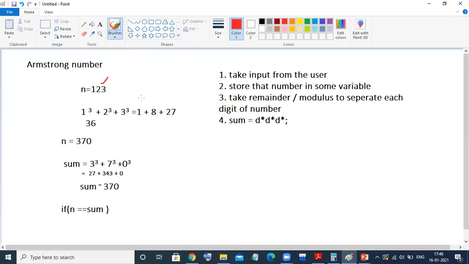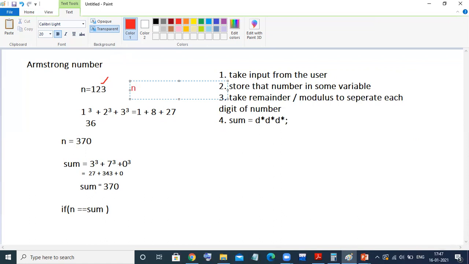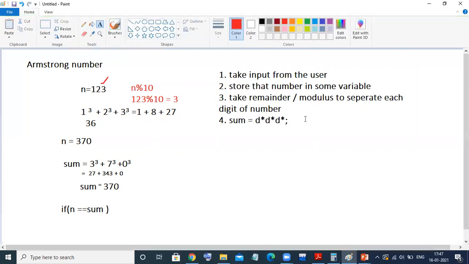How? The moment I write n mod 10, where n is 123, the remainder of 10 gives the last digit, that is 3. So I'm calculating 3 into 3 into 3 here. So d simply means a digit.